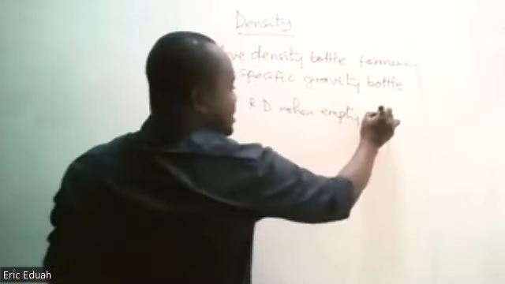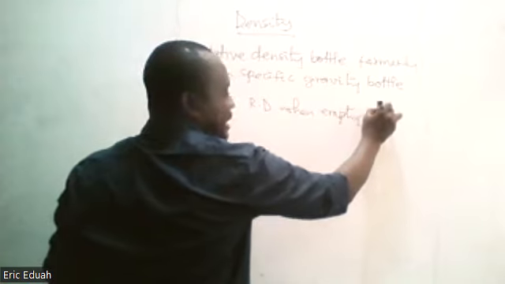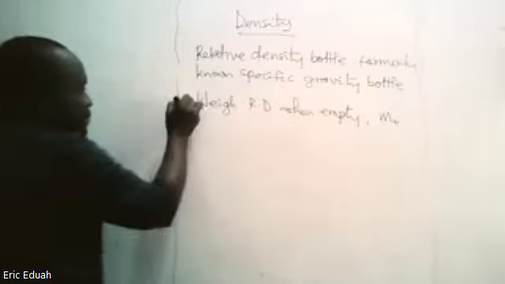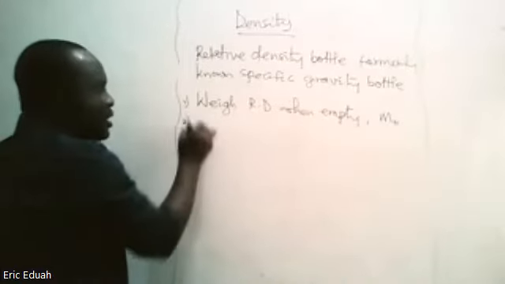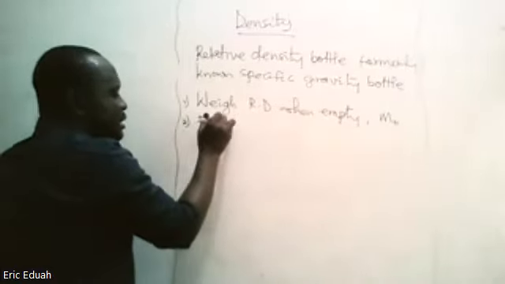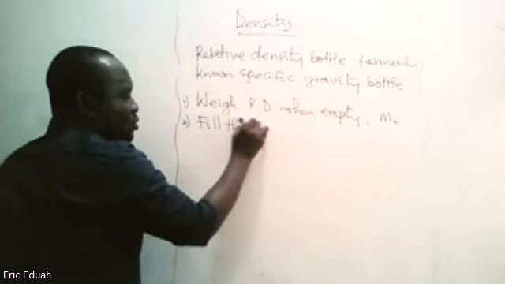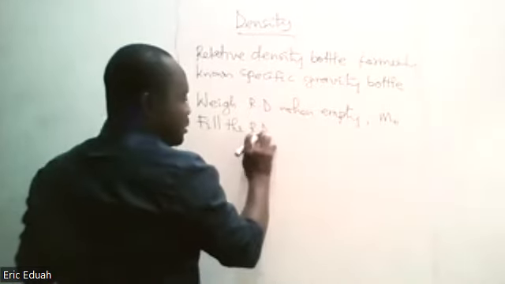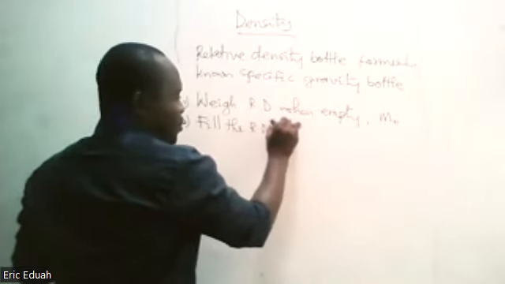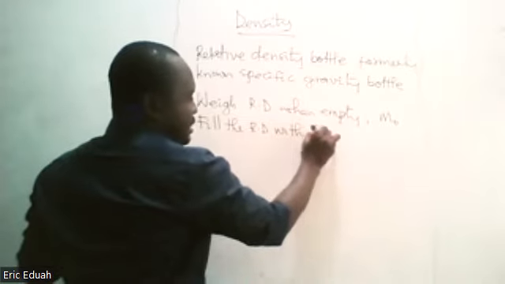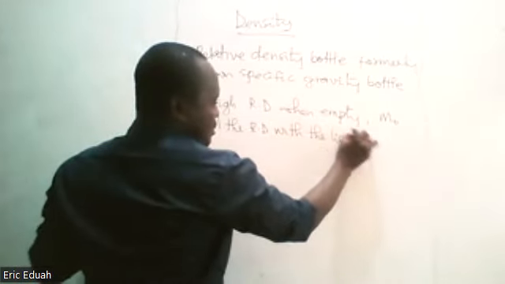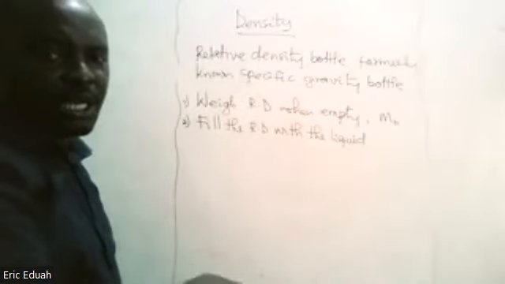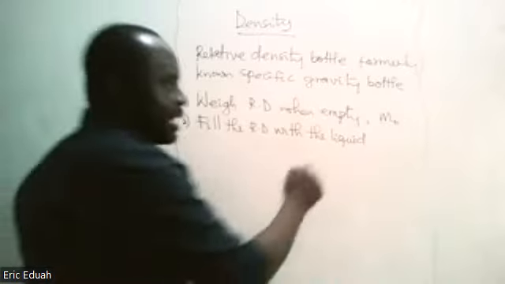And denote this mass by m naught. Okay. Then, you fill the RD bottle with the liquid. Okay, so you fill it with the liquid and